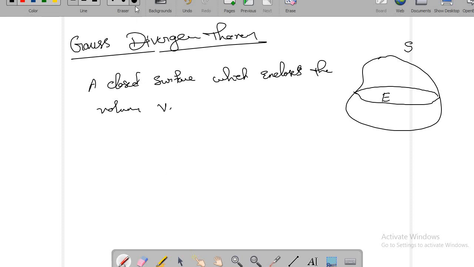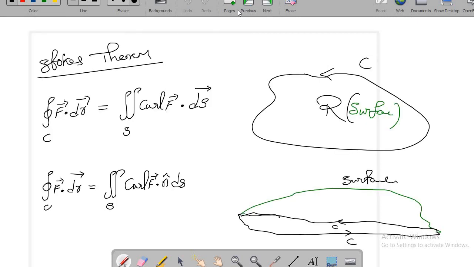A closed surface which encloses the volume E. Okay, now you can relate integration along the surface and integration along the curve. Sorry, integration inside the region. But I forgot to tell you one thing. So here you can actually see